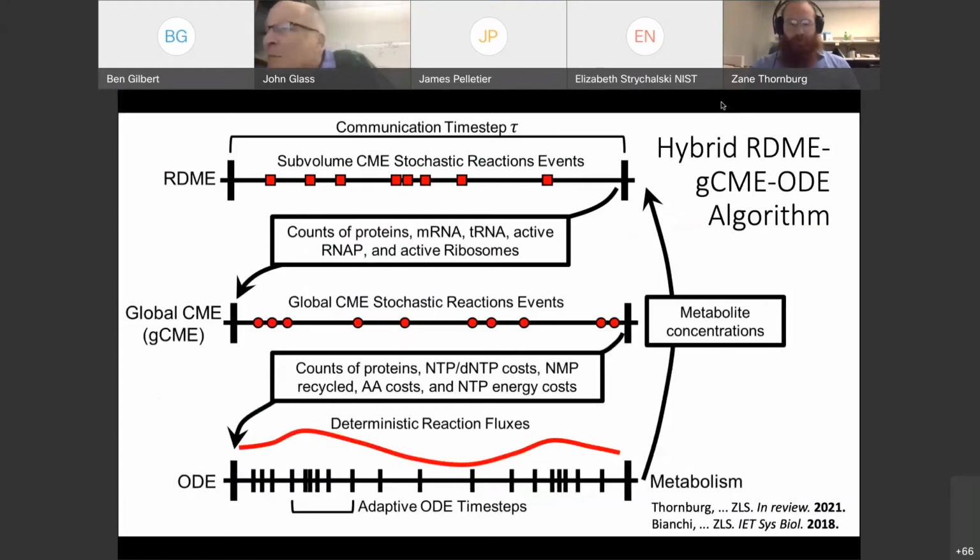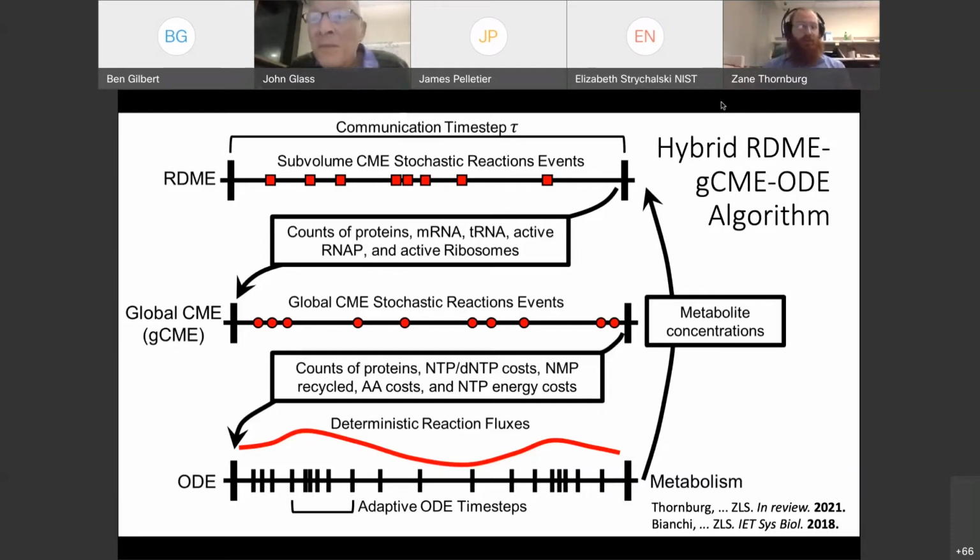And so to expand a little bit more on the algorithm that David discussed earlier of our hybrid methods, I expanded this along with some code a previous postdoc left behind to include a reaction diffusion master equation step where we do this same method where we perform 1 second of simulation time, only now there's an initial step where the top level is doing a spatially resolved simulation, halting it, updating particle counts into a well-stirred model of the cell, so a global CME assuming the whole cell is well-stirred, perform that second